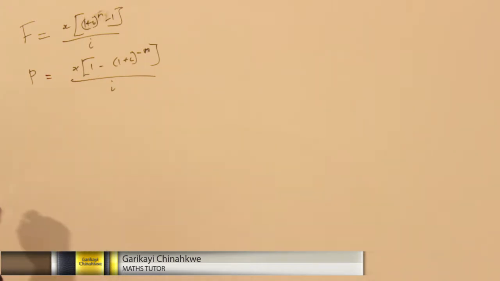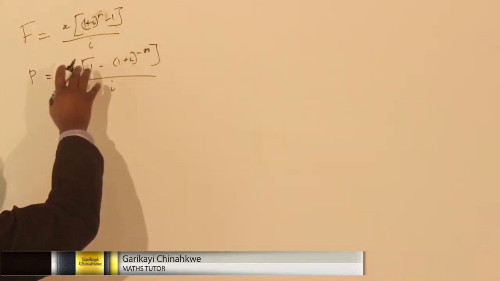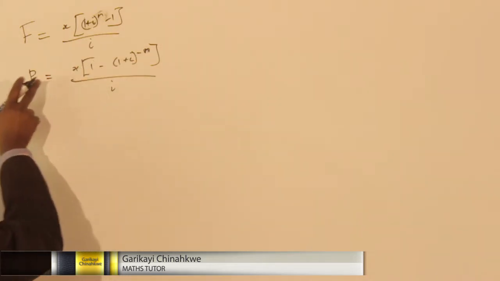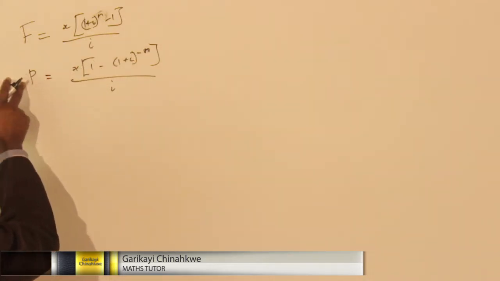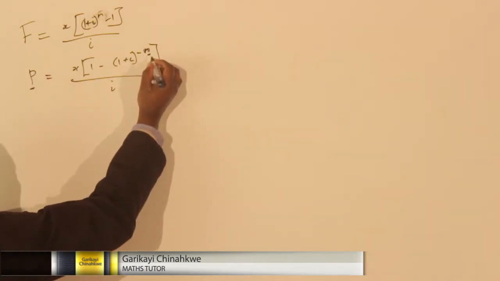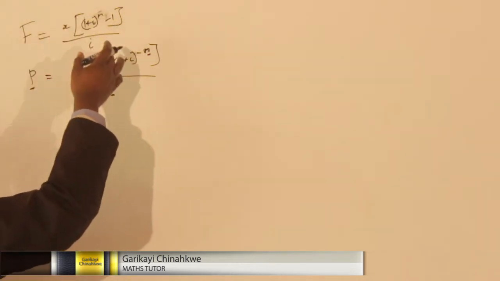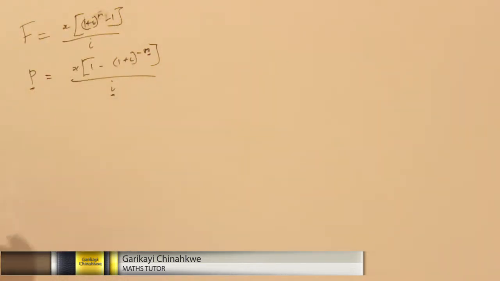But whenever they're asking questions, you may be required to get the value of P, or you may be required to get the value of n, or you may be required to get the value of i, even on future value, same story. In this case, you need to determine the value of P. For example,